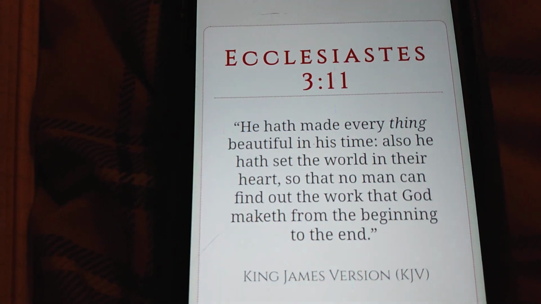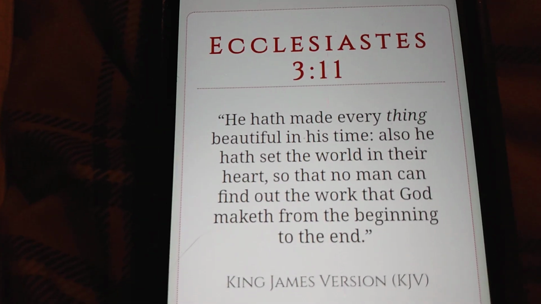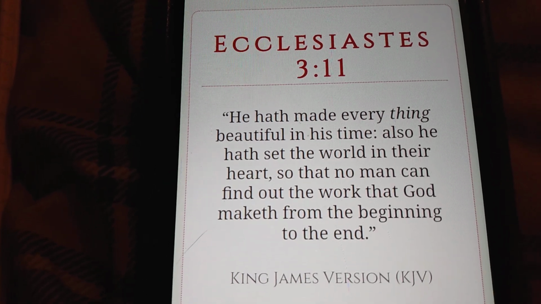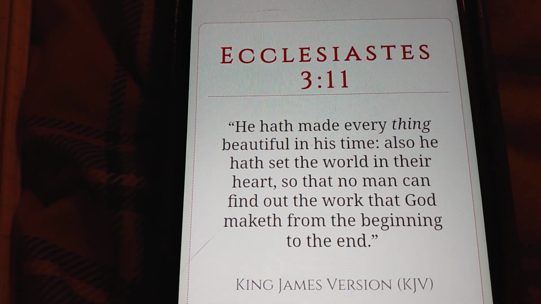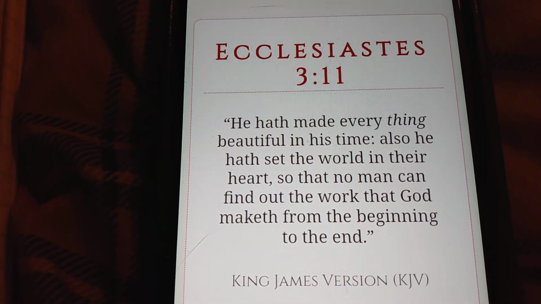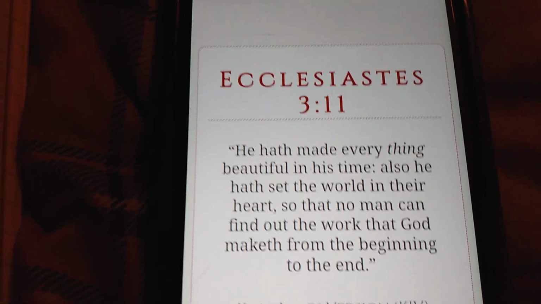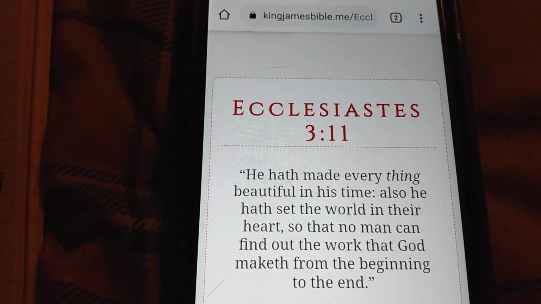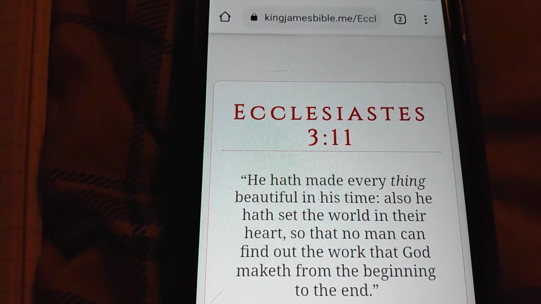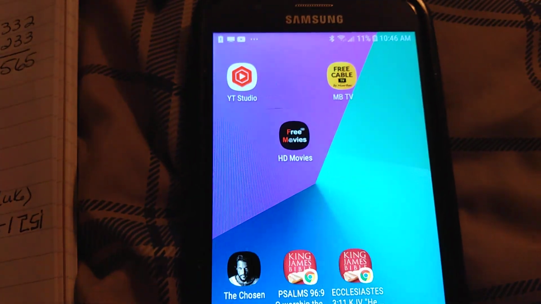Okay, I'm starting out my video today by reading Ecclesiastes 3:11, which says, "He hath made everything beautiful in his time. Also he has set the world in their heart, so that no man can find out the work that God maketh from the beginning to the end." So we're going to notice the word beautiful, and we're going to look at the numbers of the scripture a little bit later. Okay, then I'm going to read